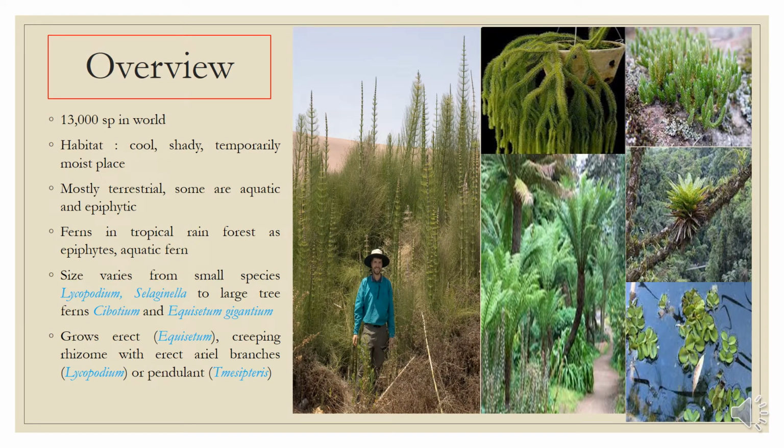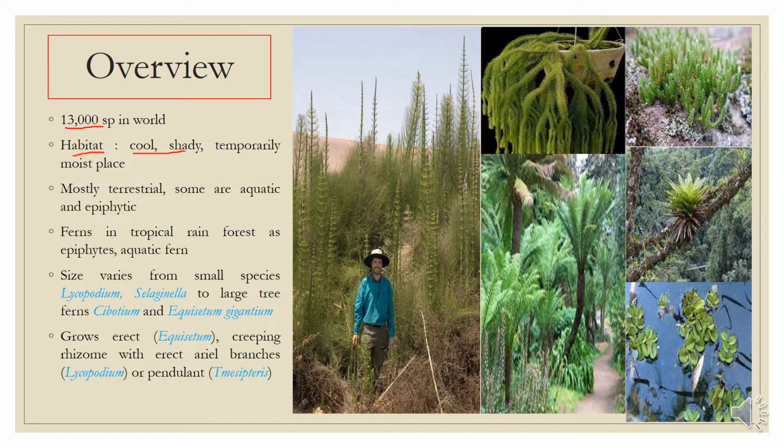Now, the pteridophytes are the first vascular plants. That is, they had the first vascular system. But still, there is some difference between the pteridophyte and the angiosperm, because the pteridophytes do not have flower or seed, but they instead have a sporular method of propagation. They have spores, and the pteridophytes have about 13,000 species, and they mostly prefer cool and shady places,